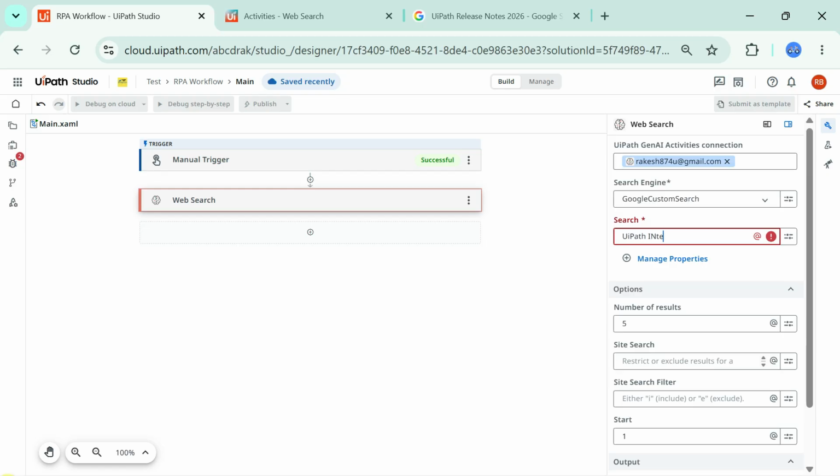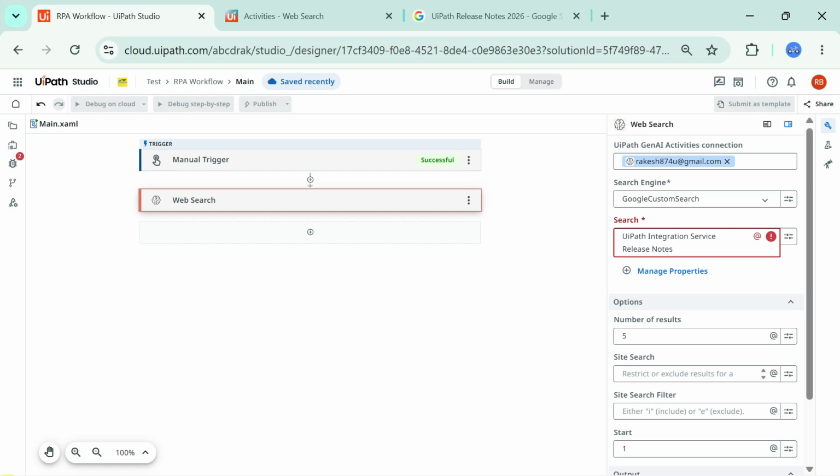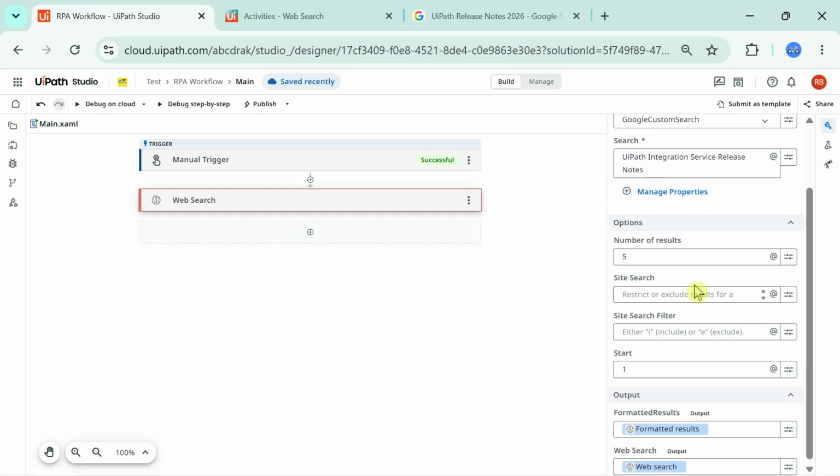Let's say integration service release notes. I'll put, okay, integration service release notes. Okay, so this is my query which I wanted to search. I want 5 results. Site to search. So I would like to search https